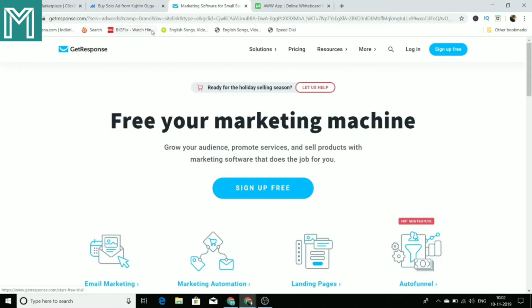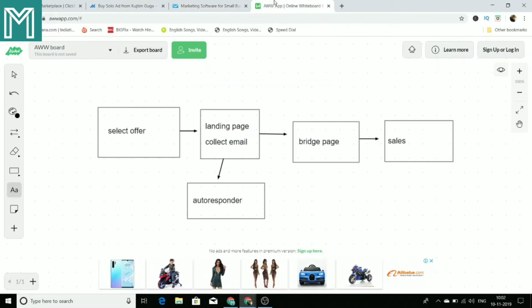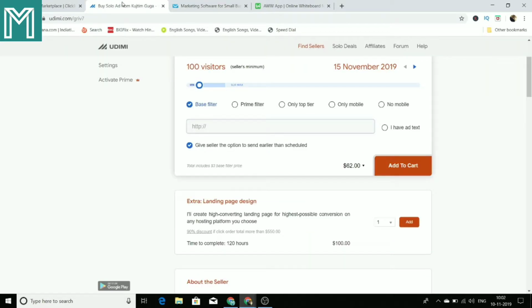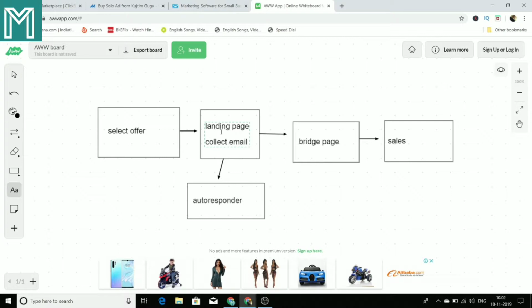What you have to do is integrate your landing page with this autoresponder, which is GetResponse. That is all you have to do. Whatever emails you collect on your landing page will be saved to your autoresponder, and you can retarget those customers. So you just do this and collect emails, and then you have to